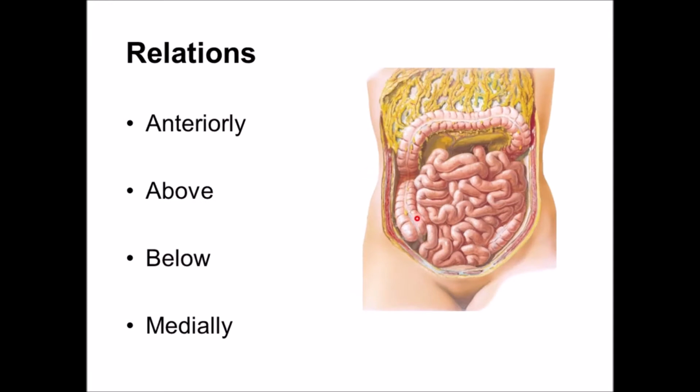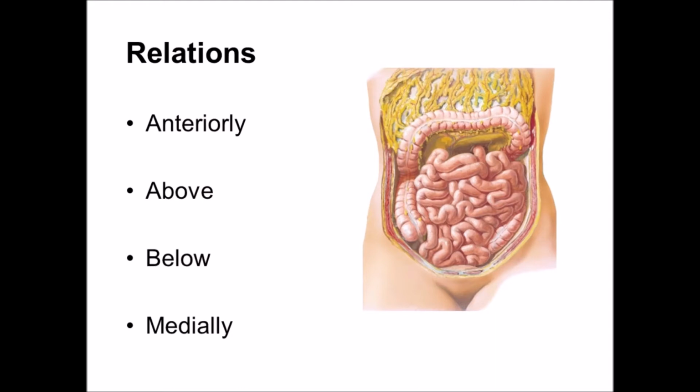This cecum is covered from all the sides by the peritoneum, but in 5% of cases, the upper part of posterior surface is non-peritoneal. That part comes in contact with fascia iliaca. Anteriorly, cecum is related to anterior abdominal wall, or sometimes with the lower margin of greater omentum or coils of ileum. Above, the cecum continues as the ascending colon from the level of transtubercular plane. Below, it rests on the lateral half of inguinal ligament.